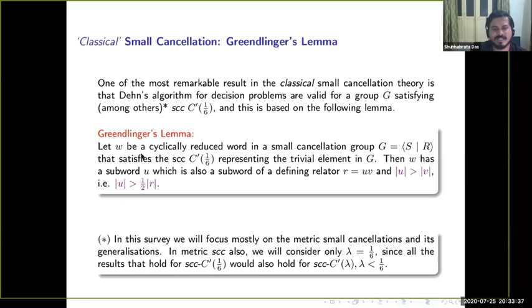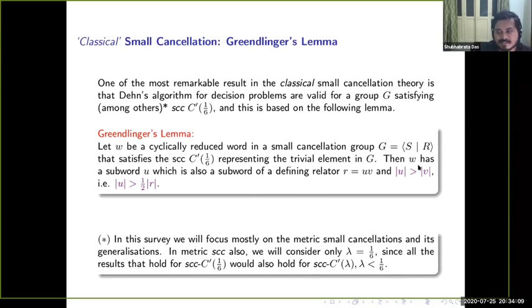So what the Greendlinger lemma says is that if W is a cyclically reduced word in a small cancellation group G satisfying the small cancellation hypothesis C prime 1/6, and W represents a trivial element, that means it's an element in the normal subgroup generated by this set,